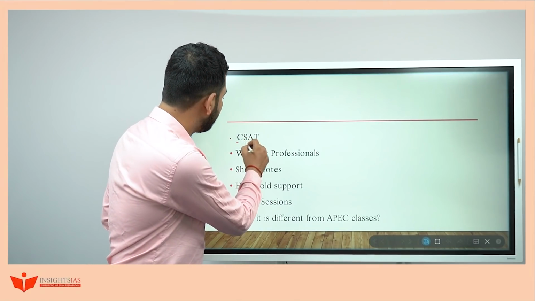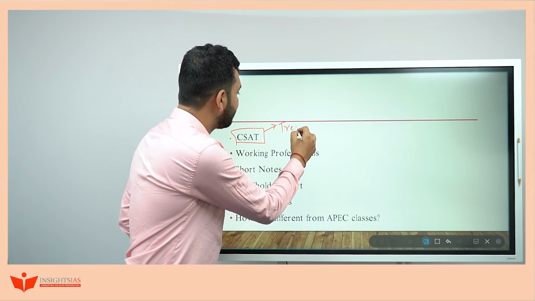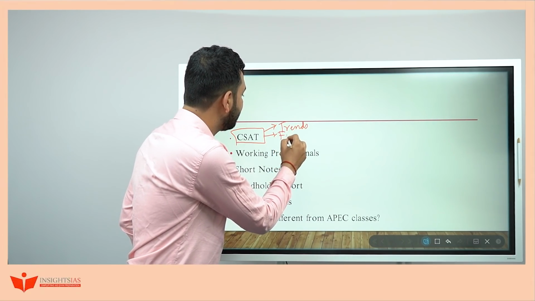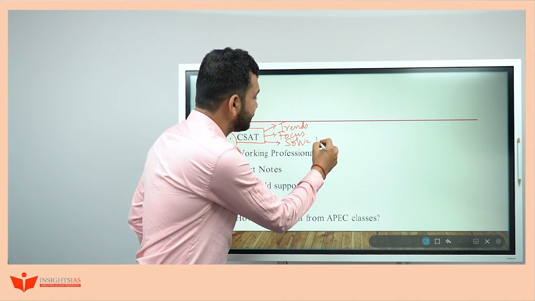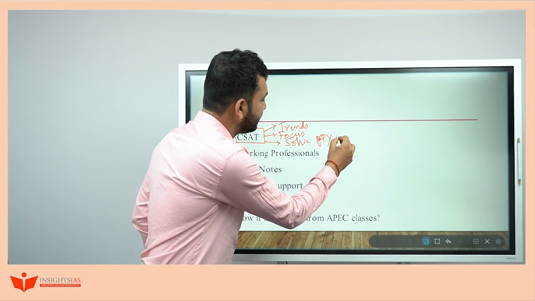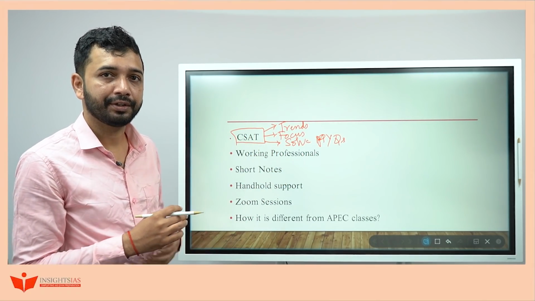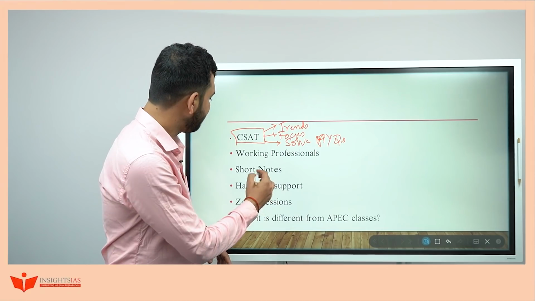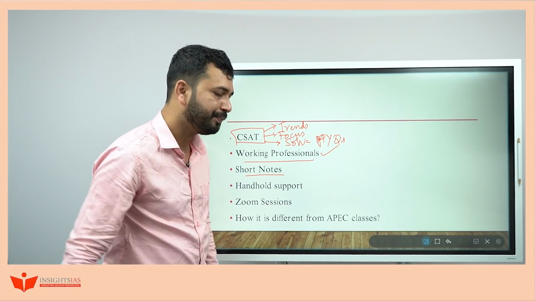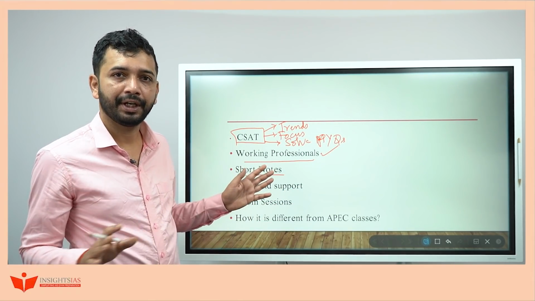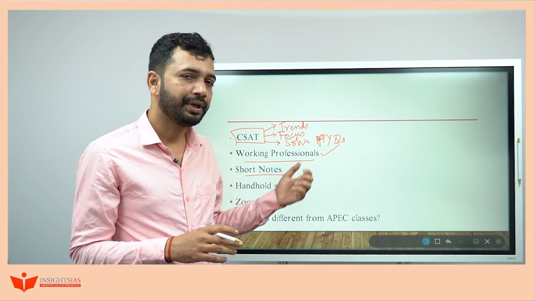CSAT, as I told you, there will be one class in which we will discuss the trends in previous year question papers and what you are supposed to focus on. Then we will solve some questions to understand exactly how the questions are set, how you are supposed to answer, and how you can eliminate some of the options. Okay. Then, as I already talked about working professionals, and short notes, as I told you, they will be given not for each and every topic, only for some of the main themes, as well as those themes which we don't teach in the class.